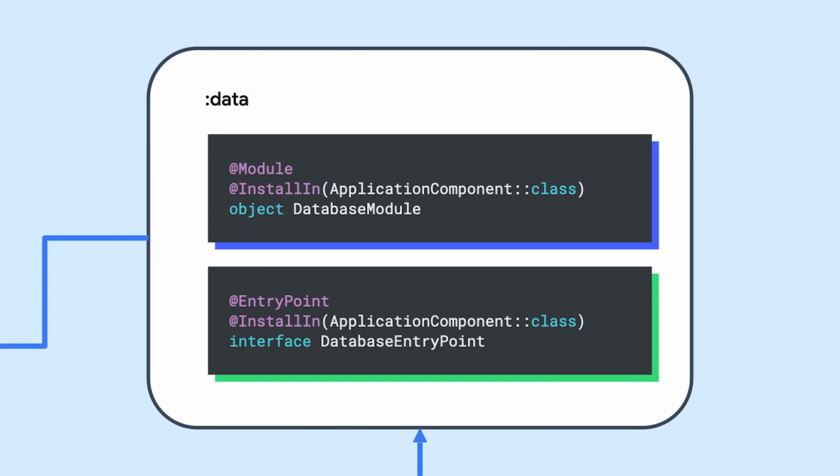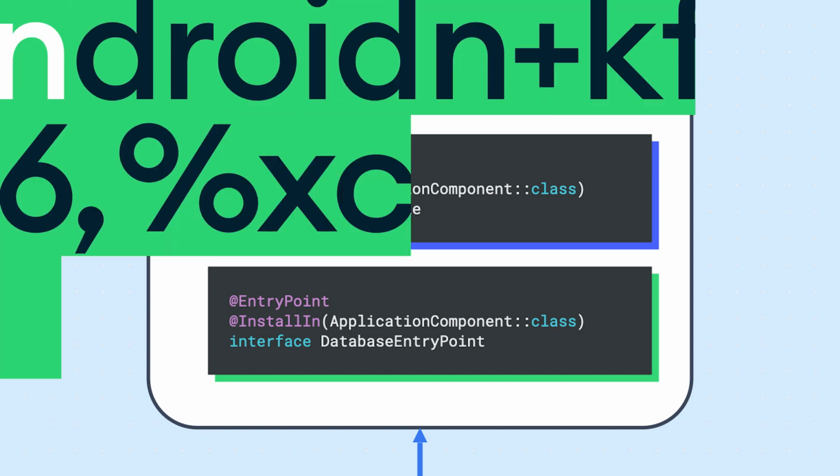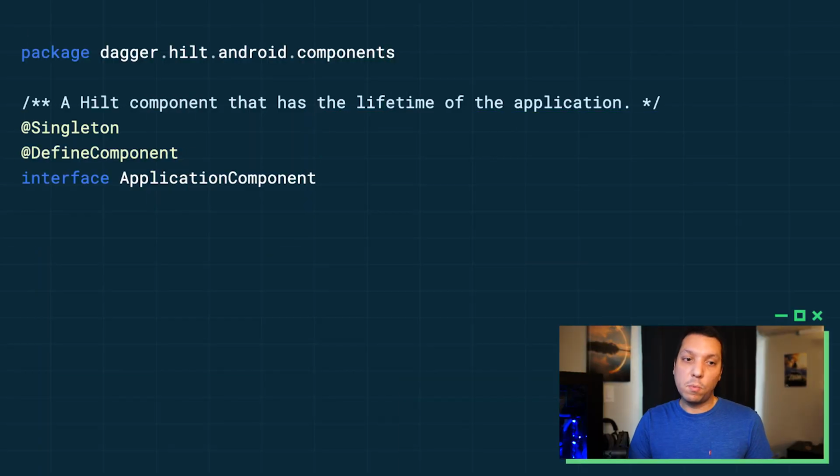Going back into the aggregation, if you're familiar with Dagger, you might be wondering what exactly is going on. What's happening is, in those Gradle modules where you have your source set and your modules and entry points, you install into a component, and these component classes that you use in installing are nothing more than a key to tell Hilt, hey, you should create a Dagger component based on this key. The way you define these component keys is through a DefineComponent,